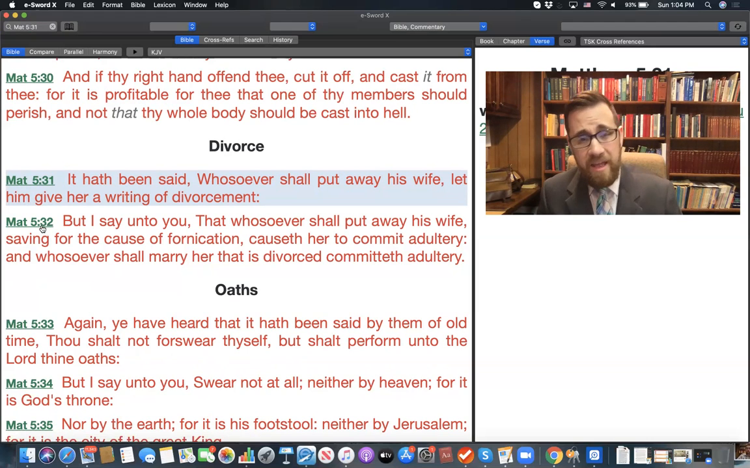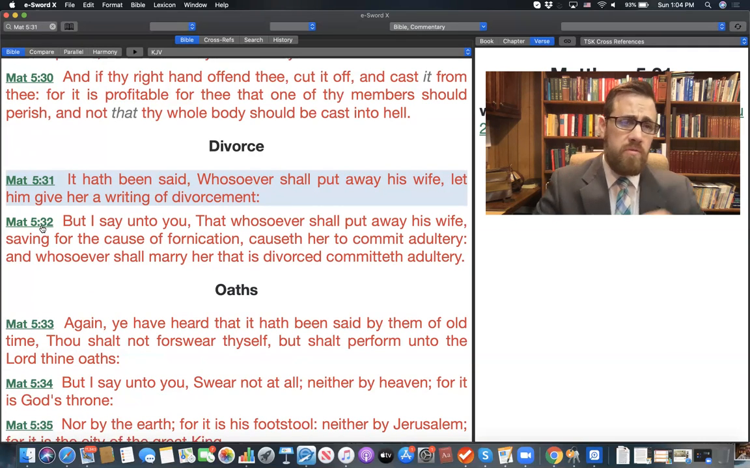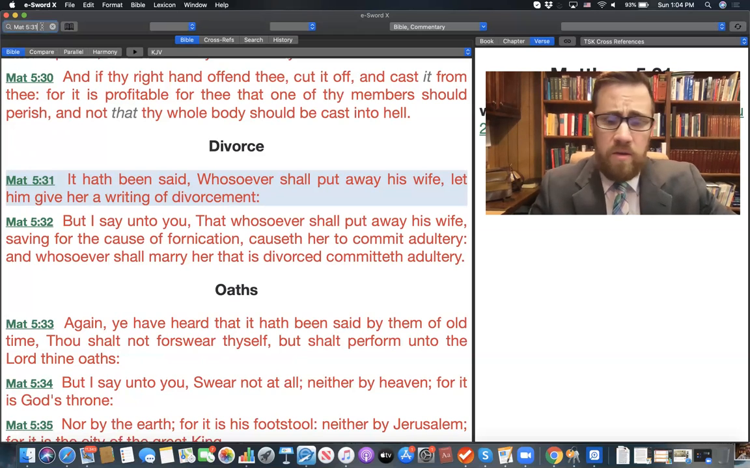So it's been said, and Jesus is actually quoting not what the rabbis said, but what the law of Moses said. "It's been said, whosoever shall put away his wife, let him give her a writing of divorcement. But I say unto you." And what Jesus is saying here is, even though it's in the law of Moses, Jesus does not approve of divorce. If you look over at Matthew 19,